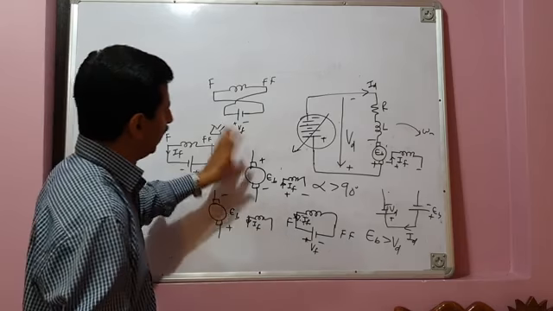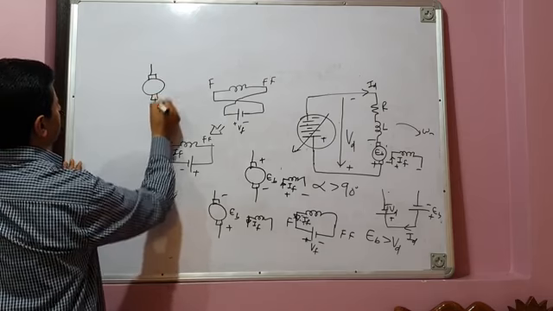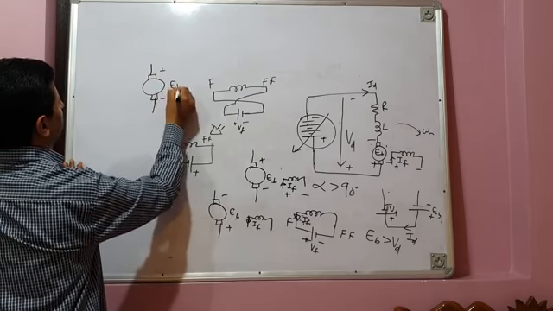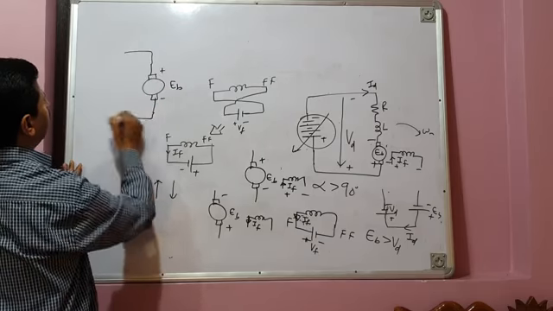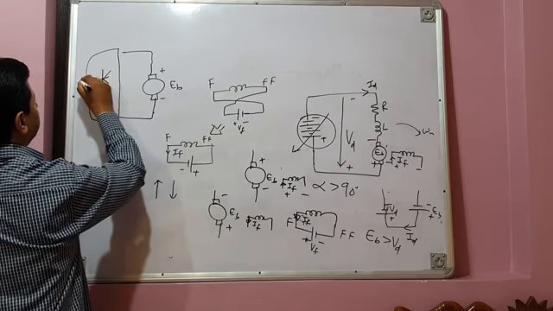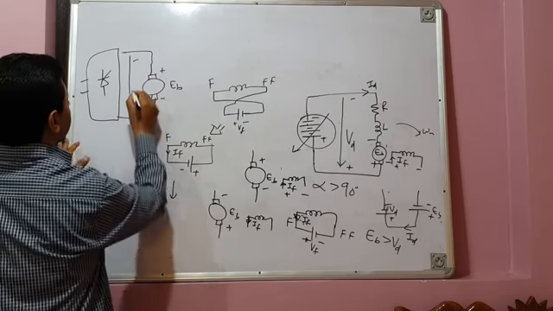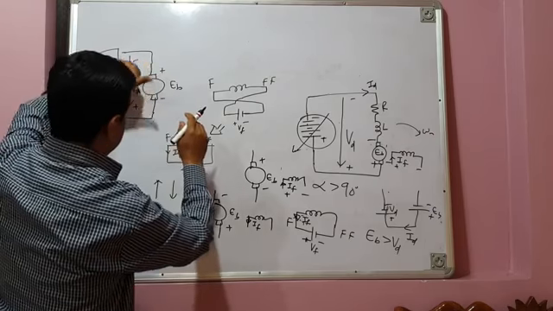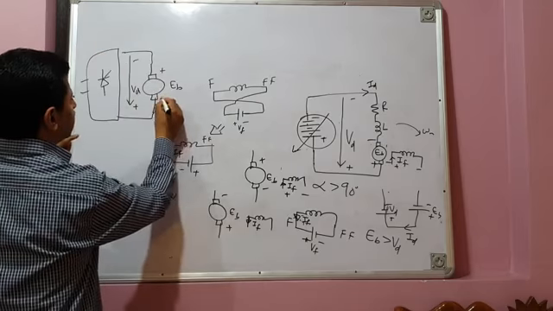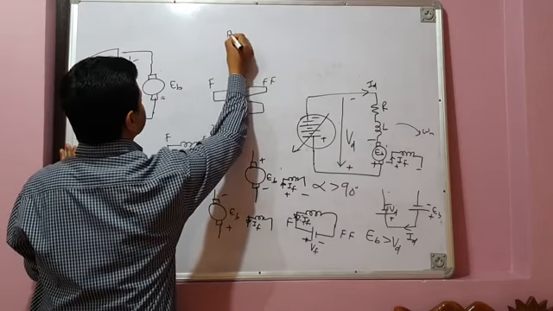Another way is to flip the armature terminals themselves. See, these are your armature terminals. This is positive, this is negative, this is back EMF, and it is connected to the converter. Say you have a phase controlled converter. This is plus minus. Now this is your VD. You have to make this terminal positive with respect to this. How can we do that? That can be done like this.